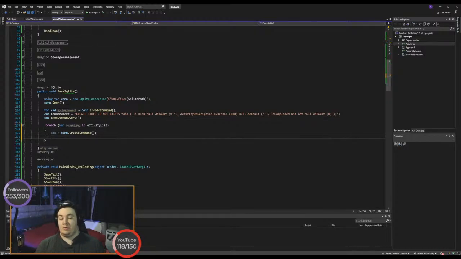So what we're doing here is we're reusing the previous command variable. It's just a little bit more memory efficient than creating a new variable each time. And yeah, so we're essentially starting it off from scratch. We're recreating it essentially, but using the same variable. And now what we want to do is cmd.command text equals